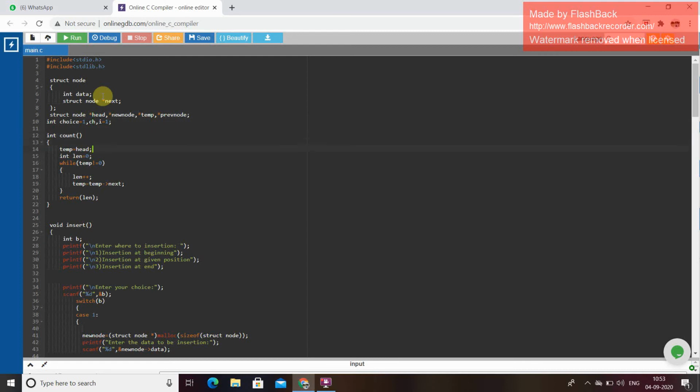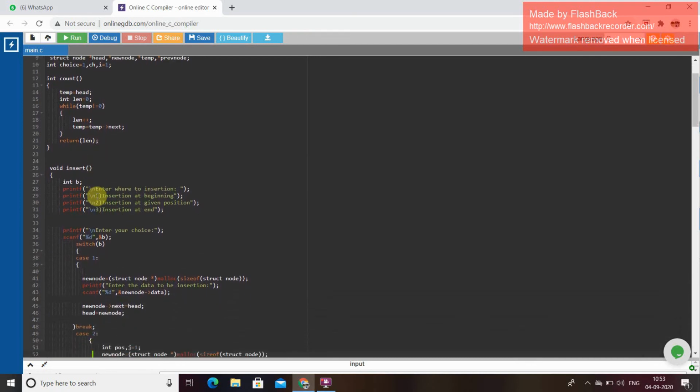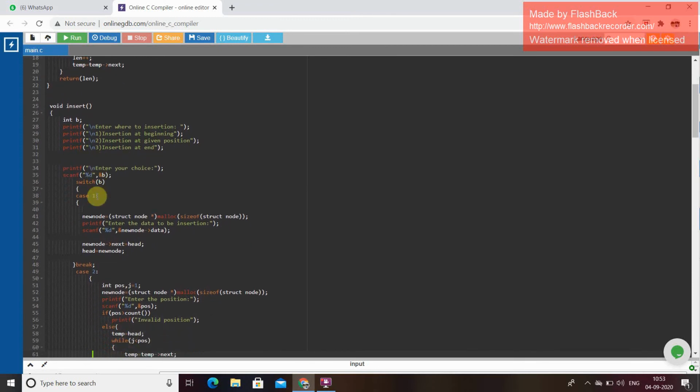count. Then again we have to give temp equals head, int length equals 0, while temp is not equal to 0. Then again we have to give length plus plus, then temp equals temp->next. Then again we have to close the function. Then again we have to return the length, and we have to close. Then again we have to give a void insert,